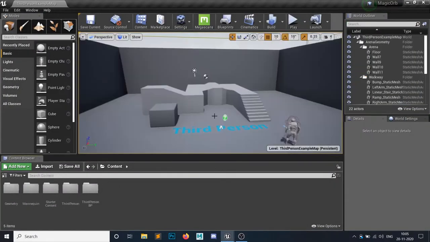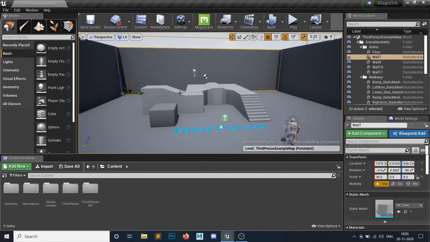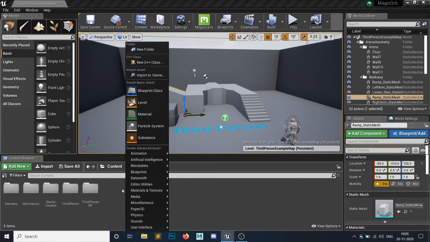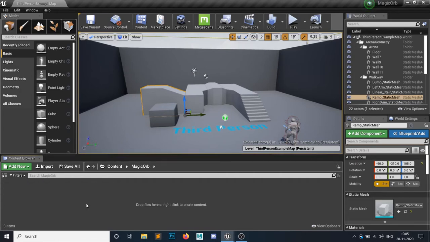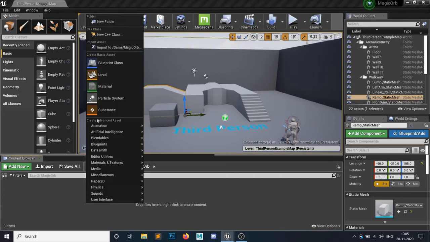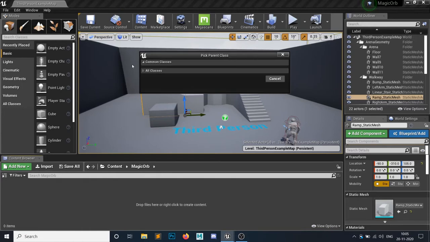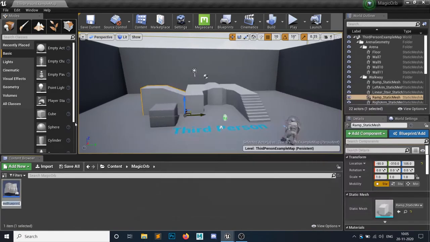So as you can see, this is my brand new third-person shooter template. So first things first, we need an actor, an orb. So we will make a new folder and I'm calling it magic orb. So we will code all the things inside here. Inside here we will need a blueprint class called actor, and I'm calling it master orb.